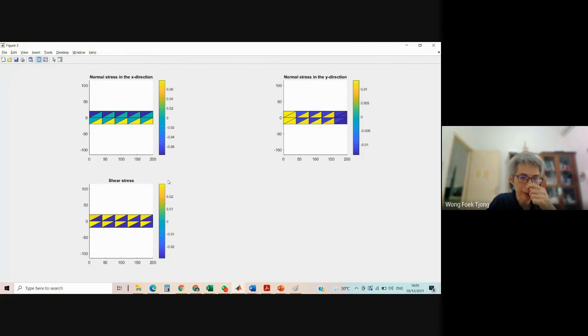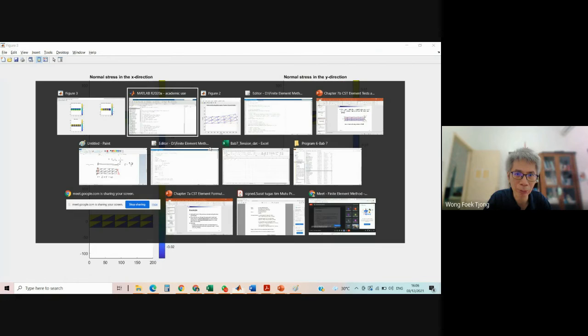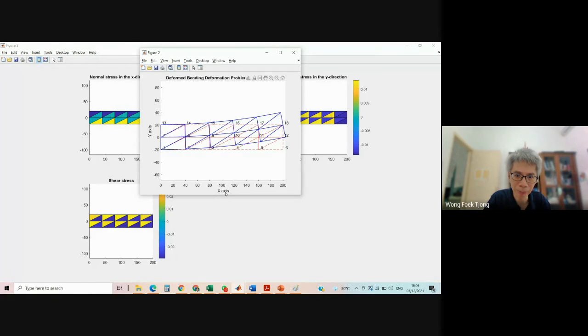What do you think of these results? Is this good or not? It's not good. Why? Because the stress jumps. Here is tension, but it jumps suddenly. This is quite high, around 0.08 maybe, and then jumps to very low, 0.02. In general, if you see a result like this, it's not so good because there is a rough jump between elements. The stress jumps from high to low values, as you can see from the color. So it indicates that the finite element cannot predict well the deformation of this beam.